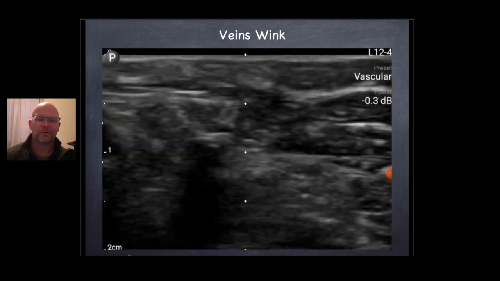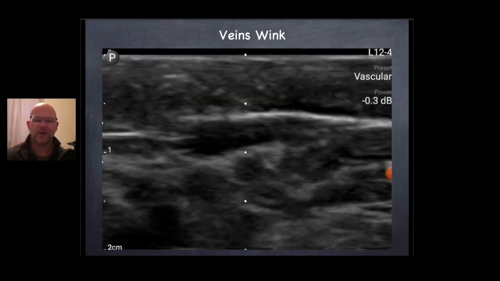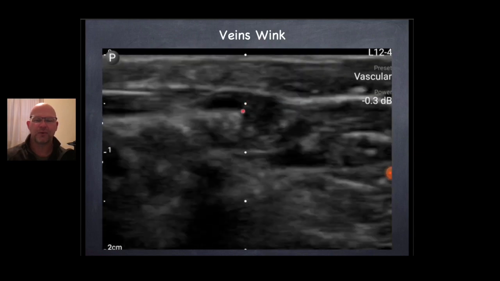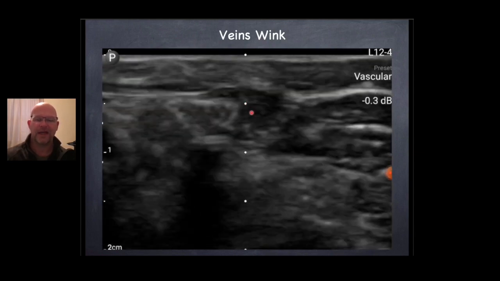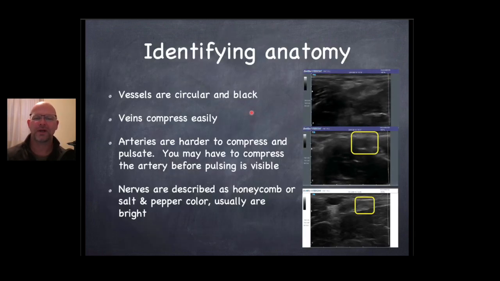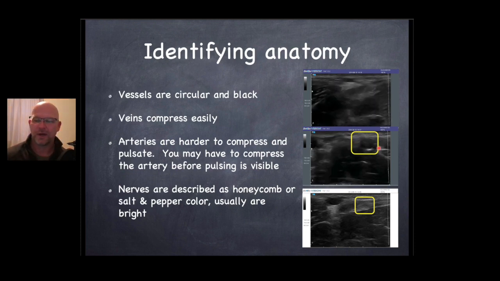the way you want to confirm it is the venous wink. That's the way I think of it. When you compress this vein, you see it right here. When you compress that vein, that should wink pretty easily. So when we're talking about identifying the anatomy, what you're looking for are veins that compress easily. Here's an artery, and we would want to avoid that unless you are starting an art line. But we're talking about venous access in this